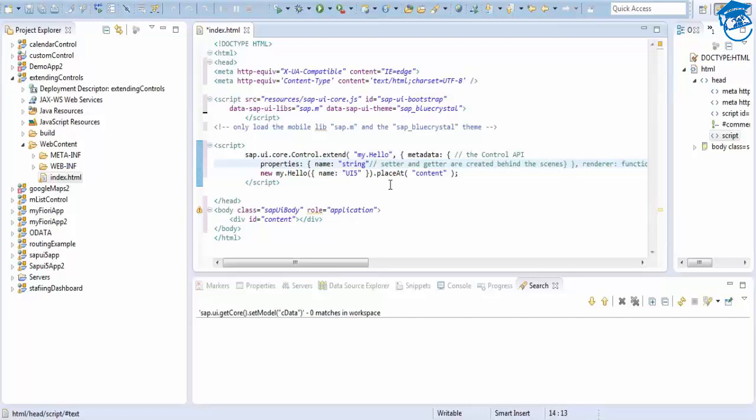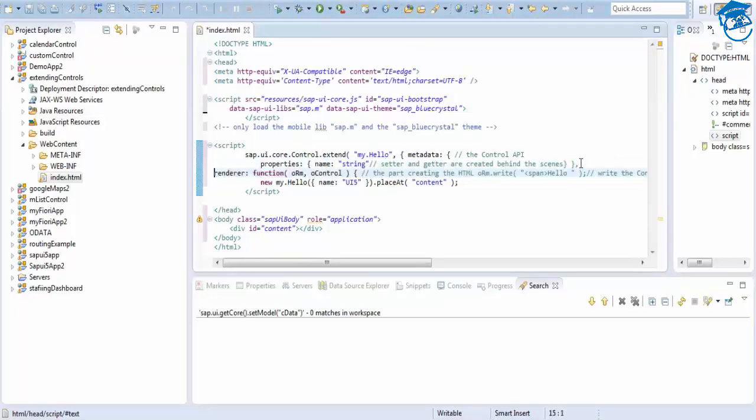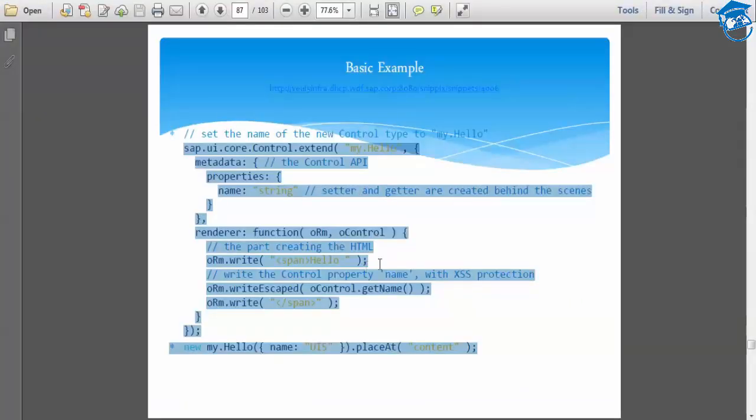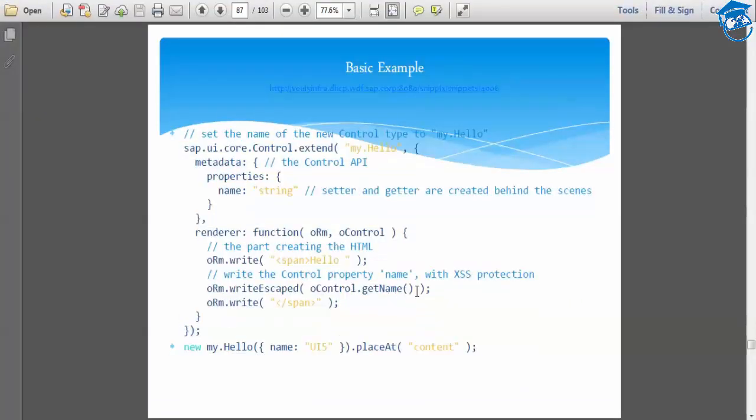So the properties name, it gives setter and getter, and next is render, and then it gives a part of the HTML, and then this gives a property name, right, a control property. So we're gonna do this. So we're gonna extend this.